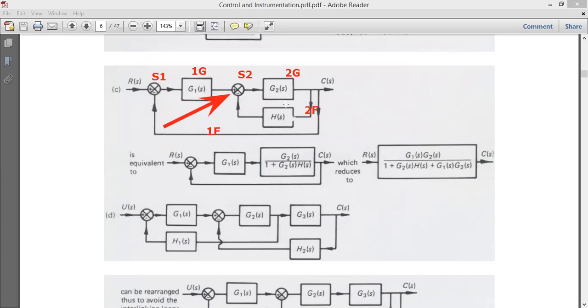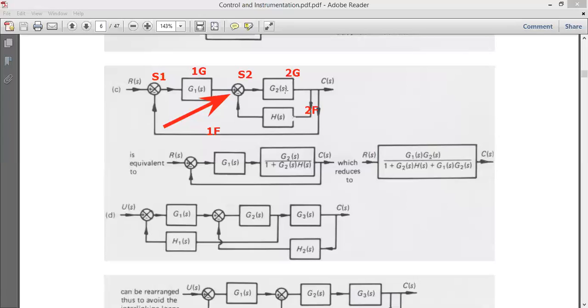Okay, so what does the minor loop consist of? It consists of one block of G, one block of H, one summation, and one takeoff point. So try to solve this G block. If you solve this G block, this summation automatically vanishes. So now apply this G block, that is nothing but solve this. Or how to solve? That is the G block.